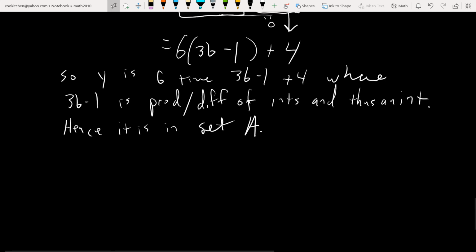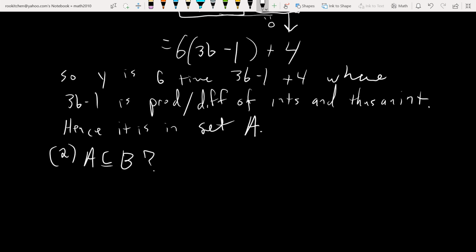Okay, so the second way then is not going to work, right? If it did work, we would want to show A is contained in B. And the way we're going to do it is kind of just pick an arbitrary element in A such that we're not going to be able to rewrite it as an element in B. Okay, so